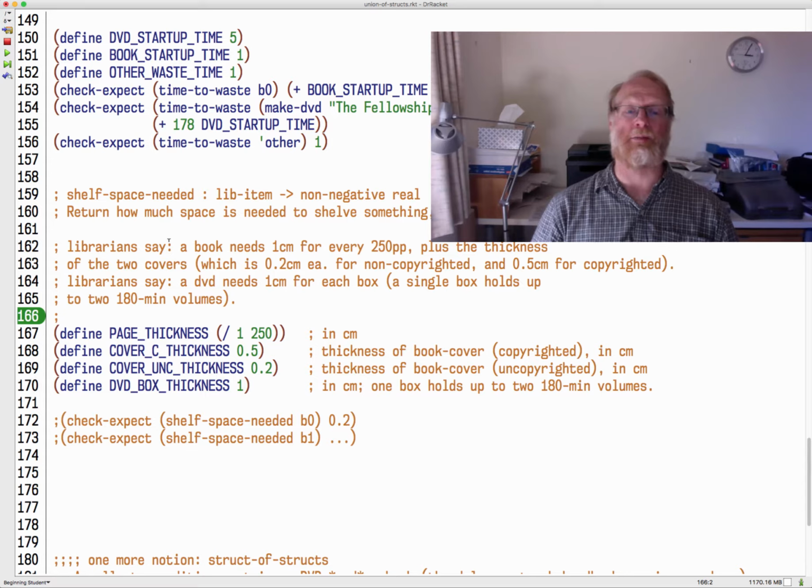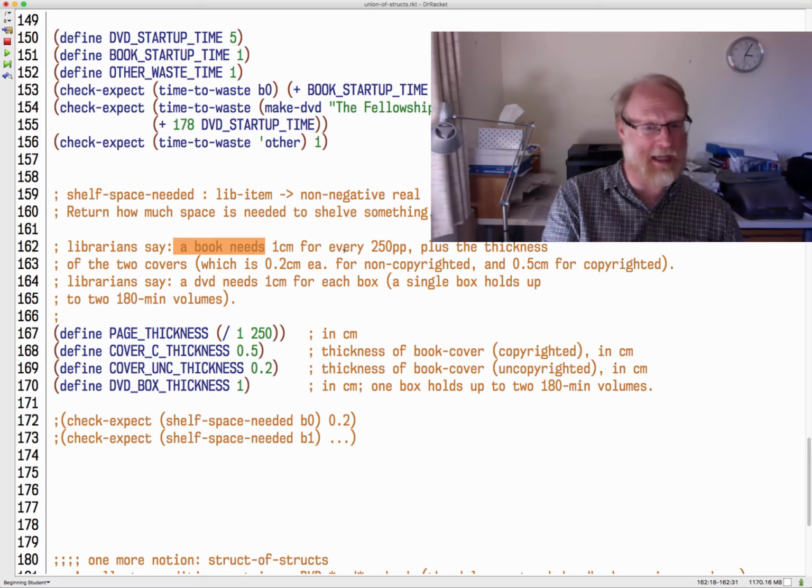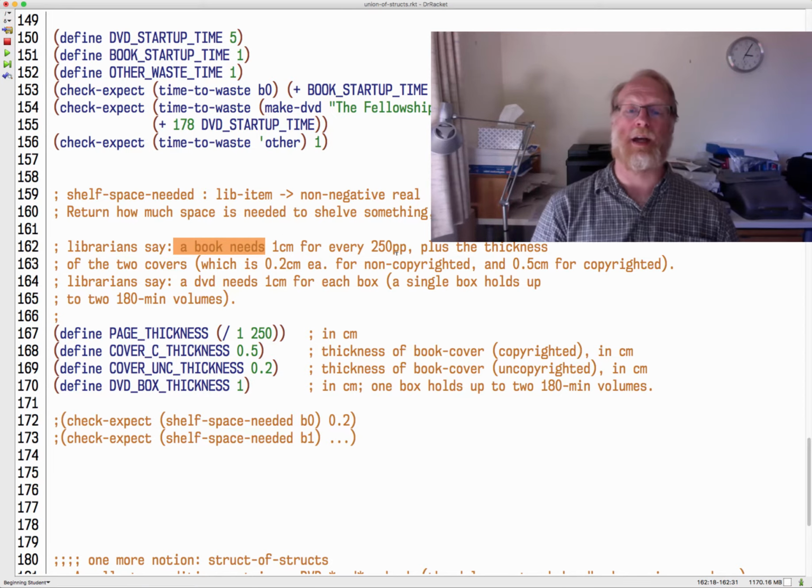Okay, so librarians say that for a book, how much space is needed depends on the width of the book. I pulled out a ruler and took my book, the textbook for the class here. For every 250 pages, you need 1 centimeter. And if we only have 125 pages, you'll only use half a centimeter. But the cover thickness, and again, this is all contrived, but